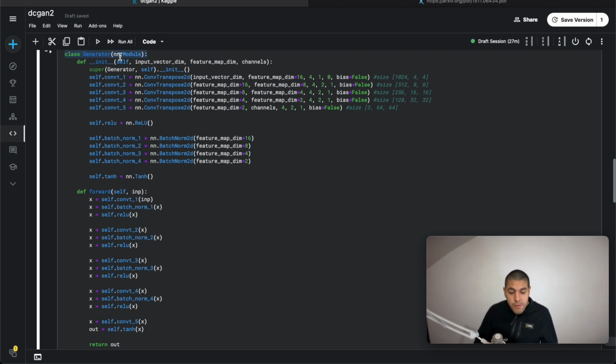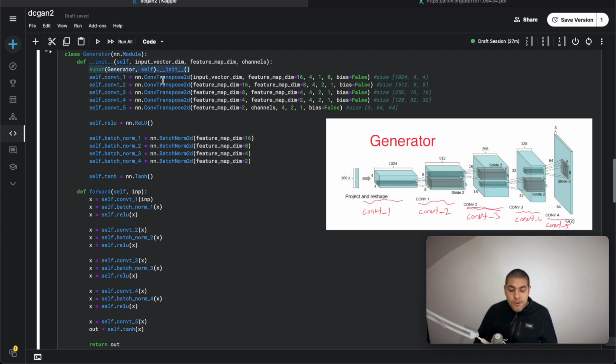We define the generator, which takes nn.Module. As inputs, we take the input vector dimension, feature map dimension, and channels. And as usual, we call super on itself, since this is a PyTorch class. And let's start to define our